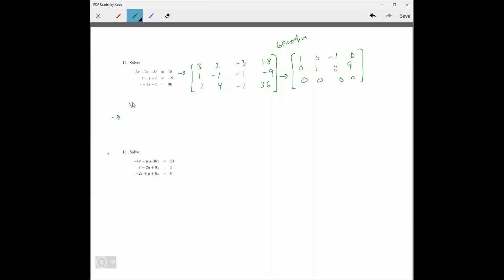The top one is x minus z equals 0. And the second one is y equals 9. And the bottom one is 0 equals 0. So when you see 0 equals 0, just throw that out and disregard it and only work with the other ones, okay? So this is x equals z and y equals 9. You know y is 9 already. X is z, so in that case, we're going to